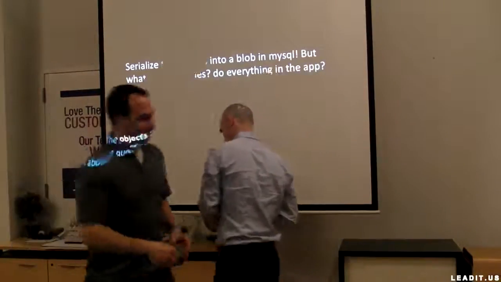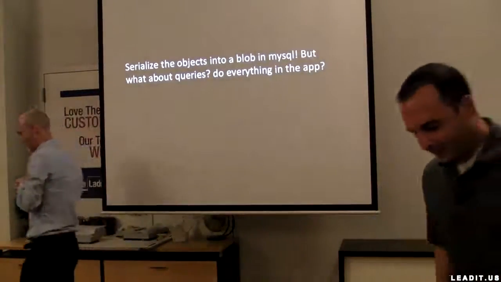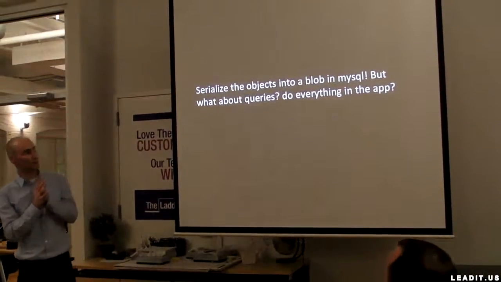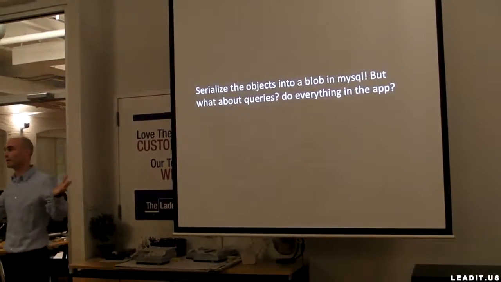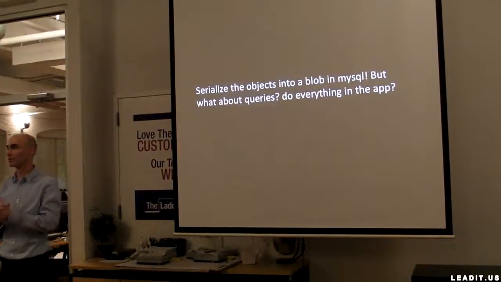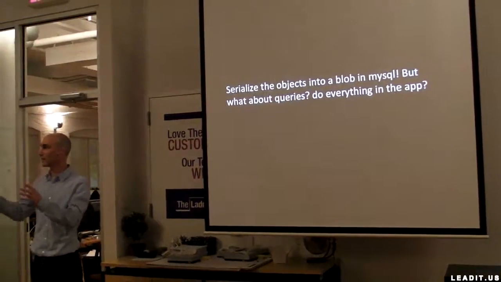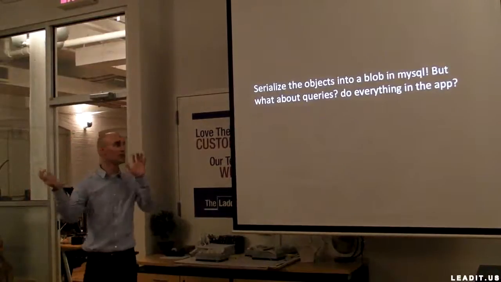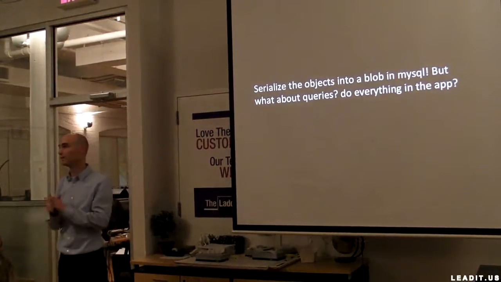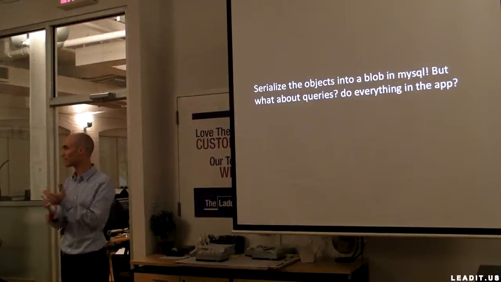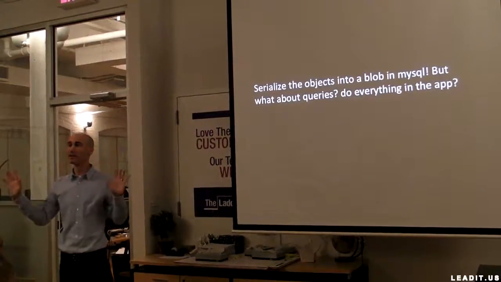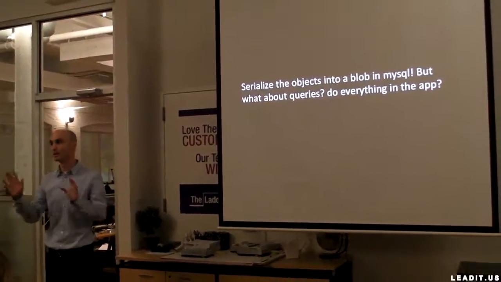So the next thing that I've seen over and over again is, okay, so I got objects and they fall into all these tables, so why don't I just ignore relational for a second? Take whatever I have, say it's PHP, serialize it into a PHP object, just cram it into a blob in the database and get it over with. I can get my object in a single request, I can put it in a single transaction, life is awesome until I want to query.